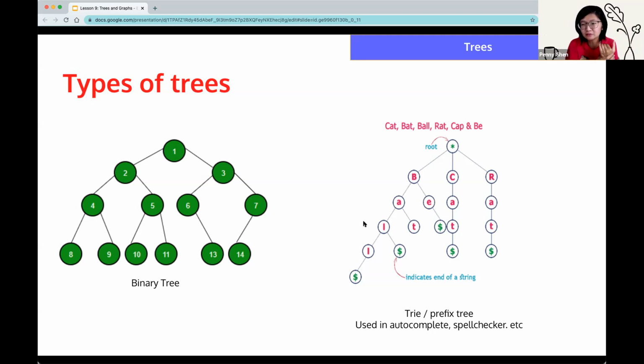I don't think you need to remember all the properties about it, but it's good to know that this thing exists. And if you were asked a question about it, if you understand the fundamentals of trees, you should be able to come up with the basic properties yourself. Because I personally find that trying to remember the different properties of these specific types of trees just confuses me more. So I would say it's good to know what it is, but still focus on the fundamentals of the tree.